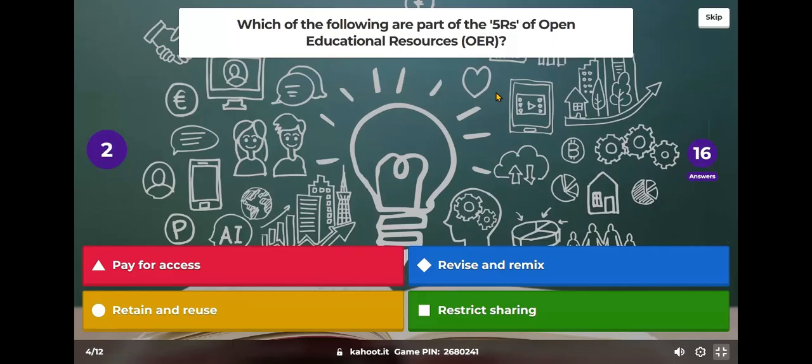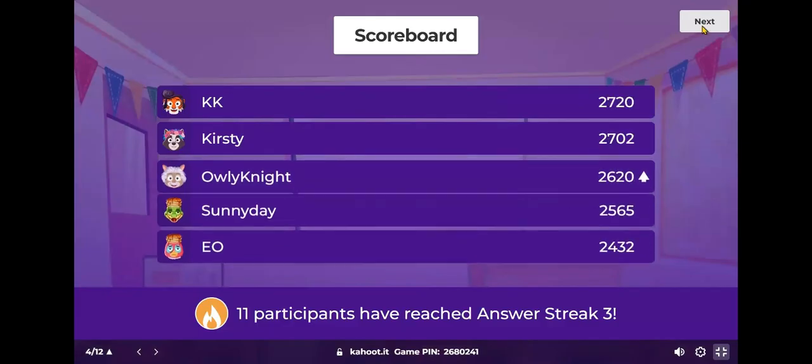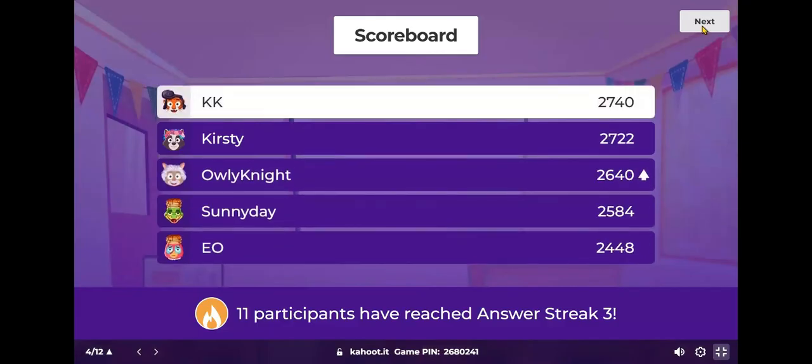We have 16 answers already. Everyone's being quick. The correct ones were revise and remix and retain and reuse, which most of you got correct. Thankfully, no one chose paying as one of the options. KK is still leading the scoreboard. Let's go to the next question.